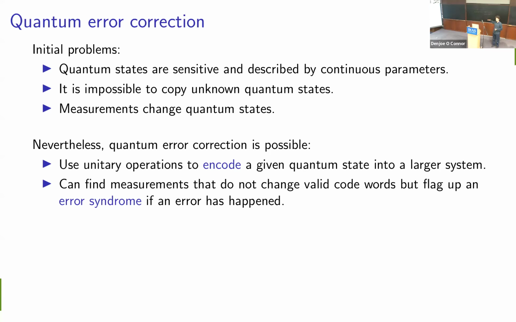Then we would not be able to decode correctly, right? When we try to apply a correction, we would end up in a different state to the one we started with. So that's always the problem with error correction: in trying to correct errors, you actually make your computation more complicated. You add more qubits, so to some degree that increases the probability of errors happening, but it also gives you the ability to notice and correct some errors.